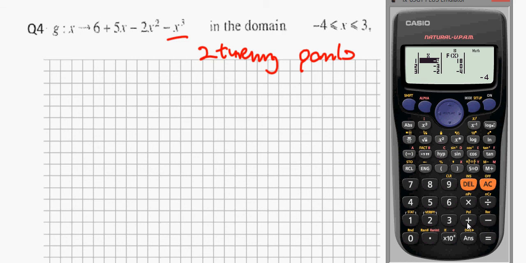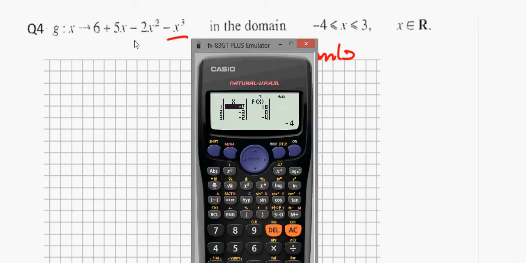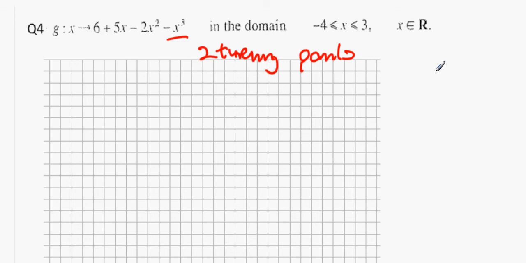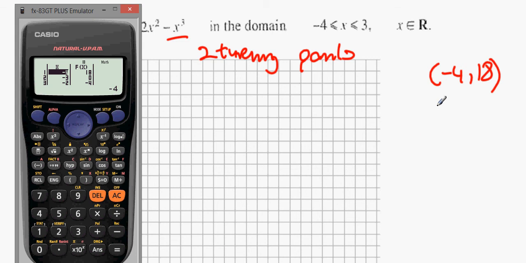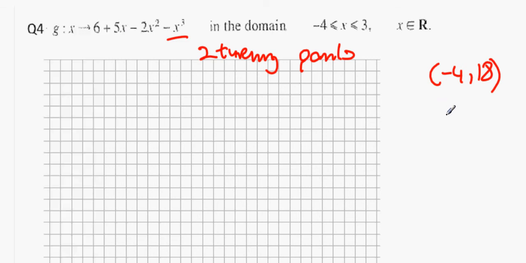So here's what the diagram's going to look like. Okay, so it's going to be minus 4, 18, 3, 0. So we're just going to write down these points now, okay? So minus 4, 18, minus 3, 0, minus 2, minus 4,